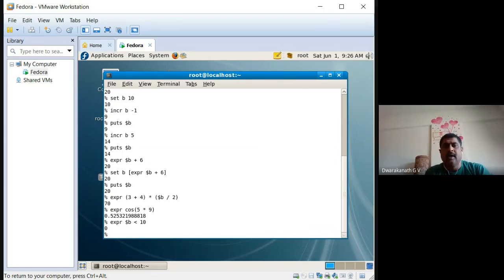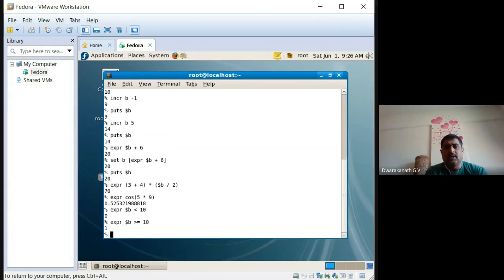Presently $B is 20, and 20 is not less than 10. If you give the same thing in reverse order, that is EXPR $B greater than or equal to 10, now the value will be 1, because 20 is greater than or equal to 10.